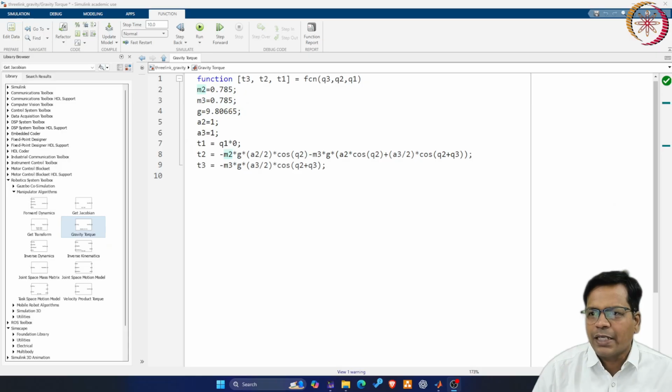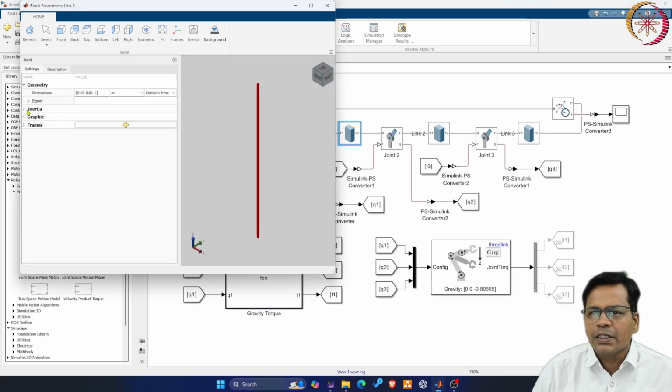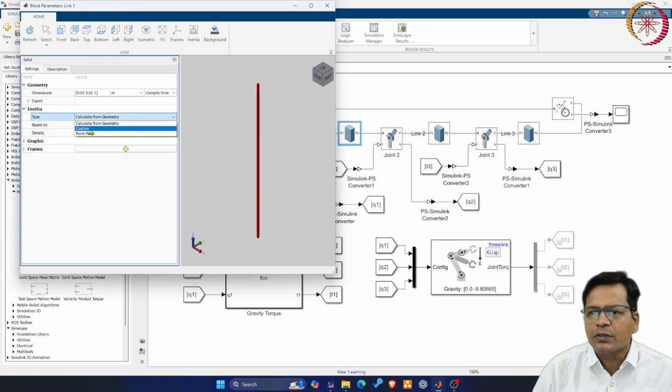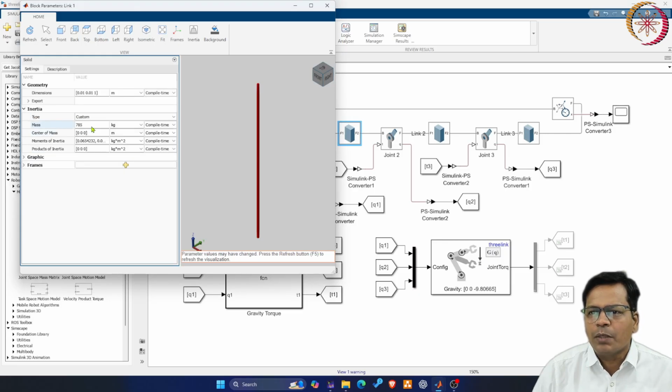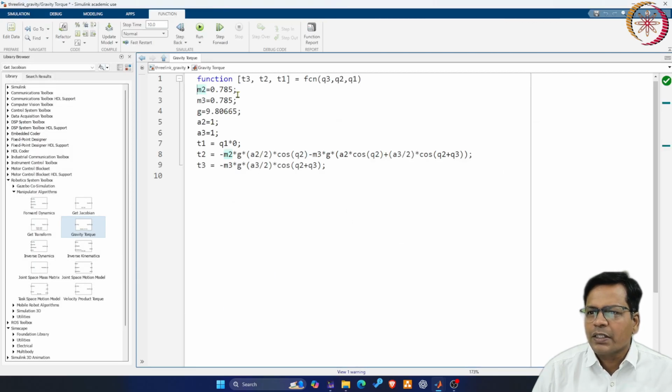So I have exactly inserted the masses. Masses you can directly get from here, link mass. Inertia properties, you get the mass from here, density and the mass. So if you just go back to custom, it shows you the mass. Exactly this one you can take it and put it here. m2 and m3, g is the acceleration due to gravity that I have taken.